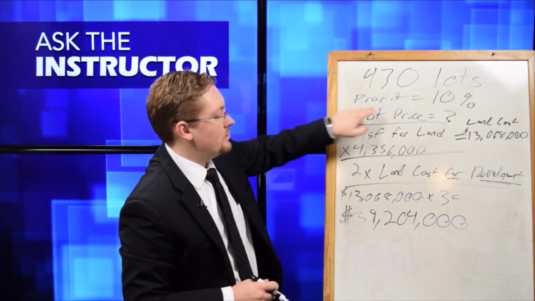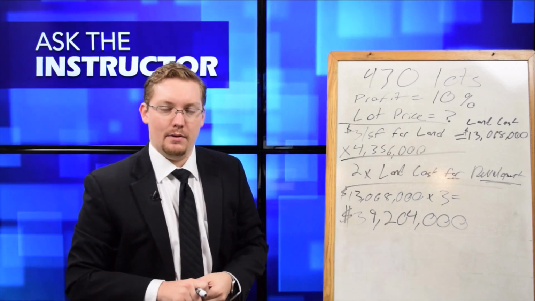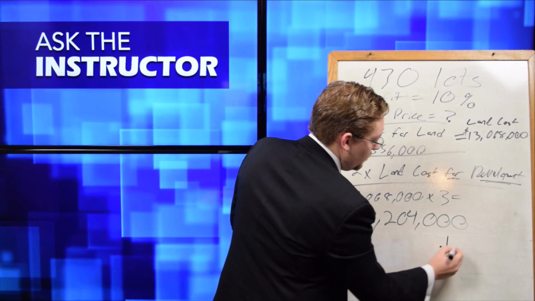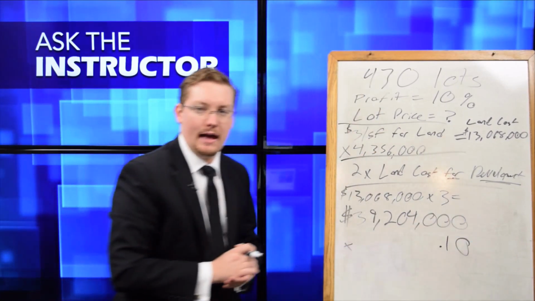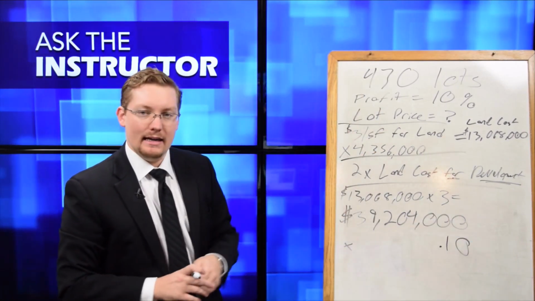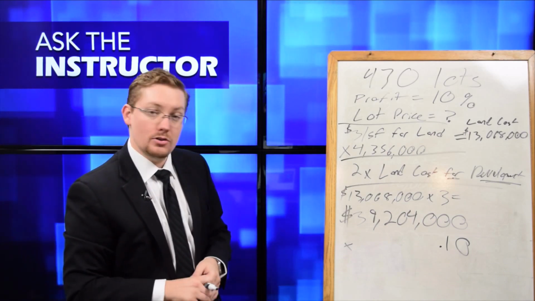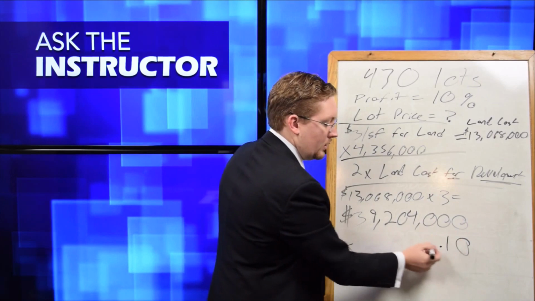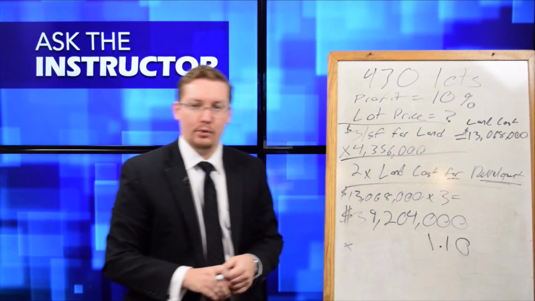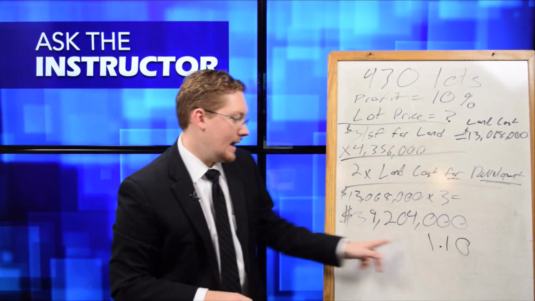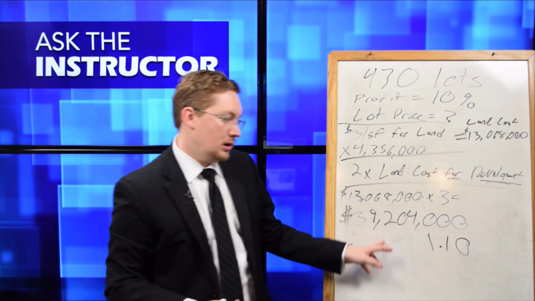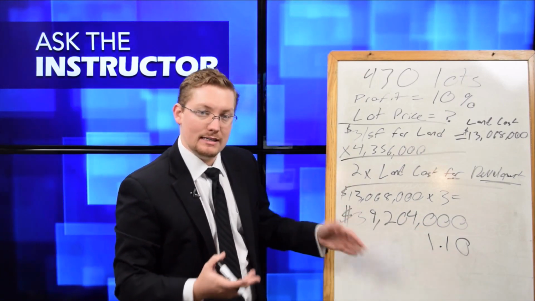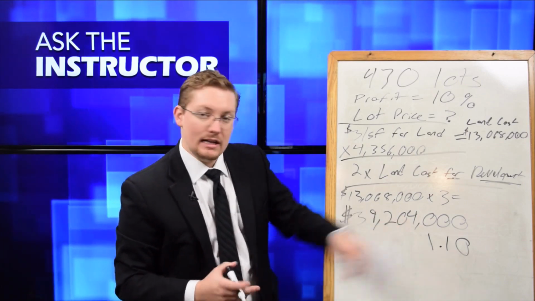So what we need to do now is factor in our investors' 10% profit. So what we're going to do is multiply this by 0.10 to get 10% of that, and then we're going to add that back in. Now, another way you could do this, again, to save you a little bit of work with the arithmetic here, is rather than just multiplying it by 0.10, we're going to multiply it by 1.10. And that 1 we're adding in is keeping this in here. So when we multiply by 1.10, it's going to give our total that we need to recoup, that we need to sell everything for, factoring in this original